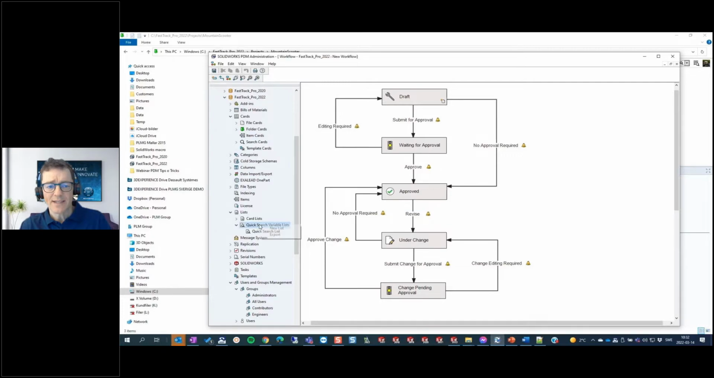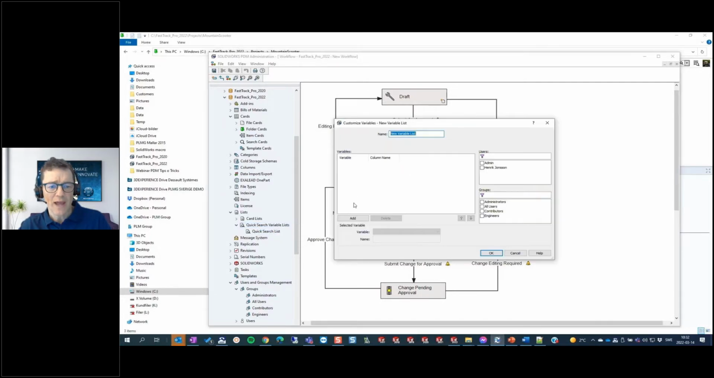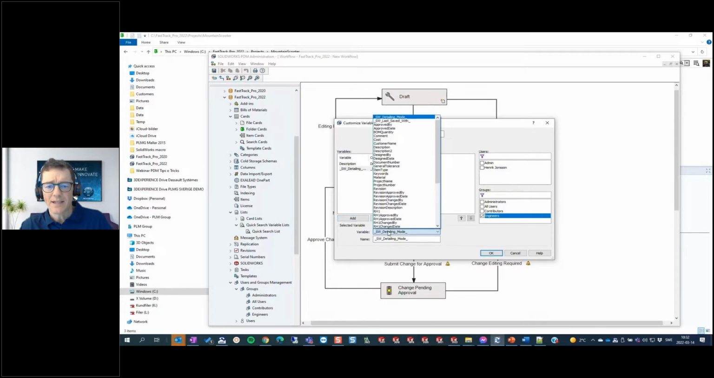And let's set up another one. So if you don't have a quick search list at all, you just create your first one and you place a name for it, select who's going to use it. And this is engineers group. And let's just add those